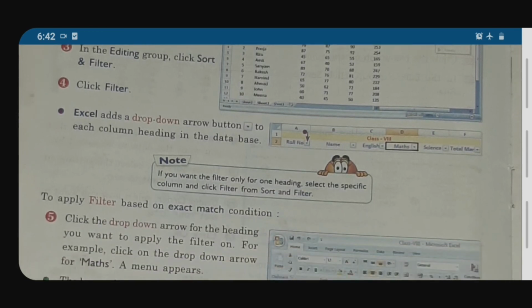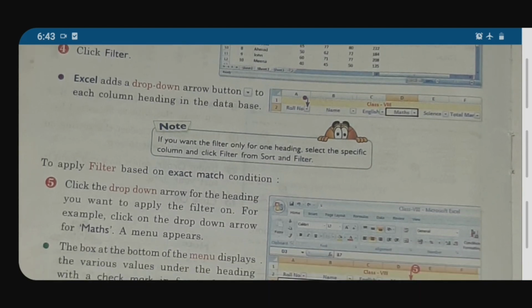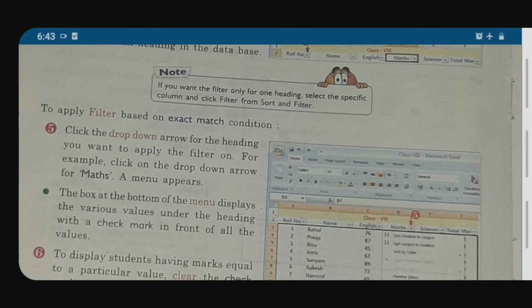To apply a filter based on the exact match condition, click the drop-down arrow for the heading you want to apply the filter on. For example, click on the drop-down arrow of Maths. As there are marks, it will show smallest to largest and largest to smallest.